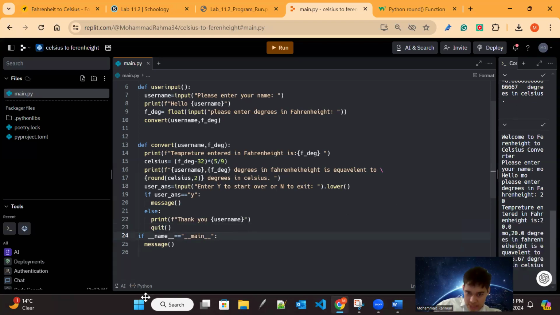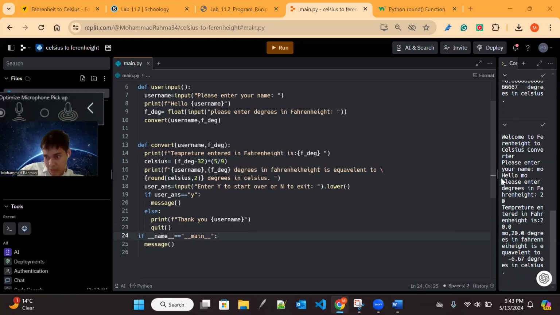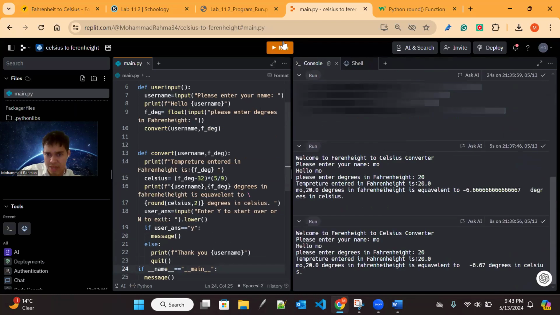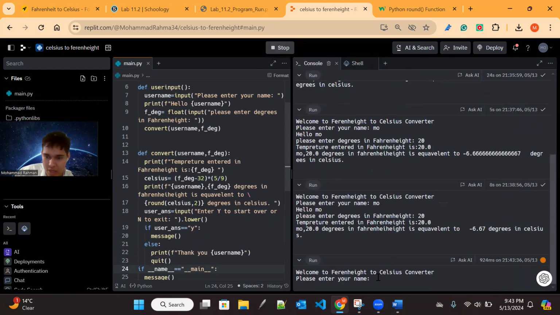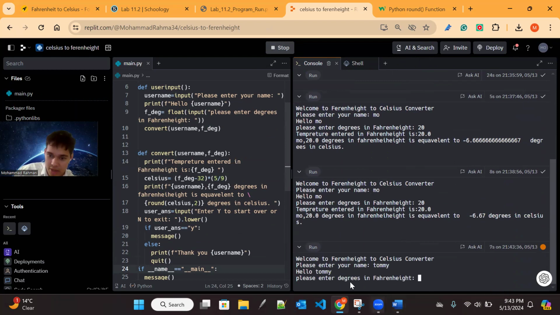But you guys have to fix the formatting because I'm not gonna do it for you. This is just for you guys or for me to better understand. We're gonna do Tommy this time because Tommy is nice. Tommy, and then it says Tommy, please enter the degrees in Fahrenheit. We're gonna run 20 degrees,